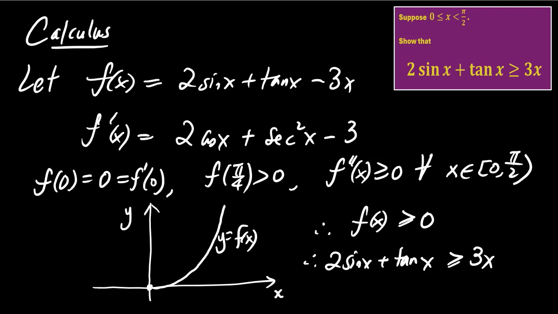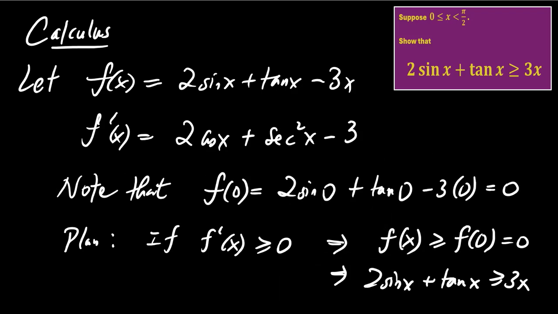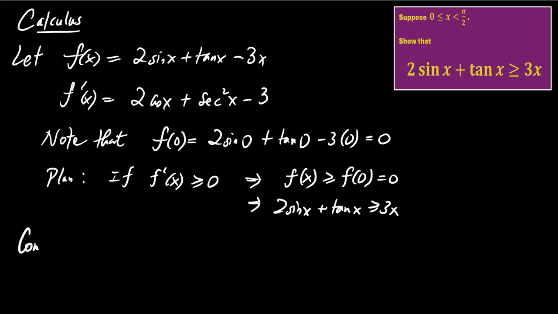So that is using the purely calculus method to get the inequality. Next, using our plan from just now, if we are able to show that f prime x is always non-negative, then we are done. In order to get that, we consider cosine x plus cosine x plus secant squared x. Now x is in between 0 and pi over 2, so each of these is a non-negative value, and therefore this is greater than or equal to 3